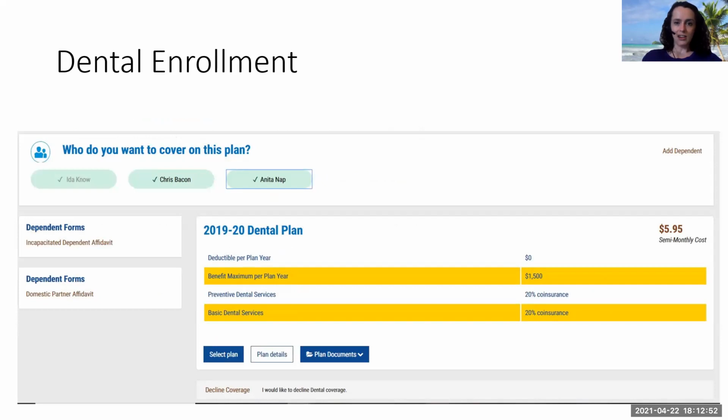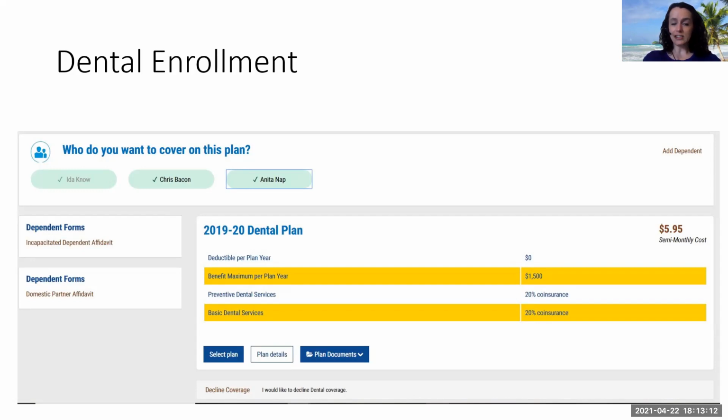There is a link to an e-consent form that will take you to the Health Equity consent form to change your HSA from National Benefit Service to Health Equity, which is where the college is going to deposit that HSA money. If you miss it, we will also email it to you. So just watch for that when you're enrolling in the HSA.